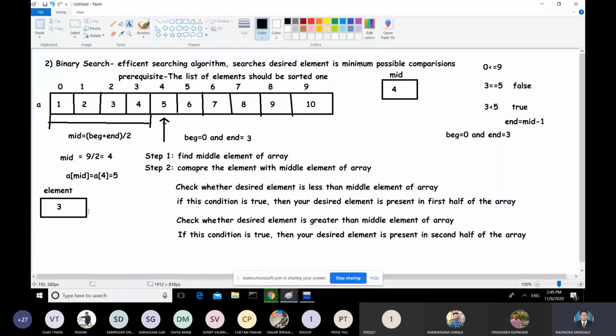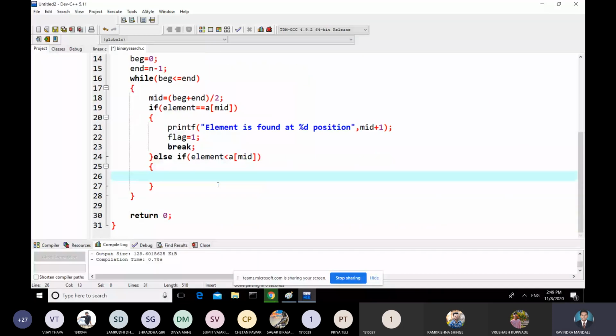Now you need to do the same step again. What step? Again, find the middle element of the array. For that, first find the middle. That means repeat this loop one more time.